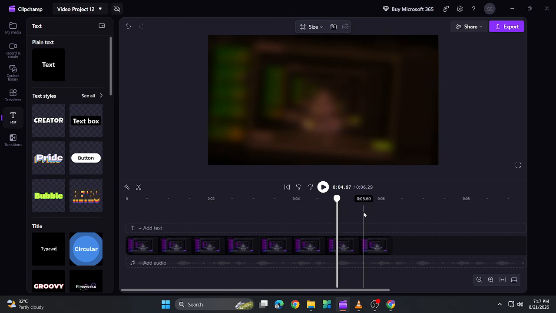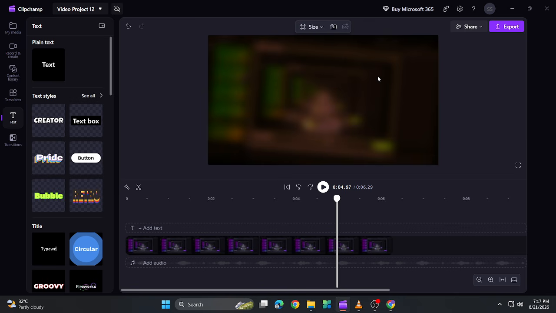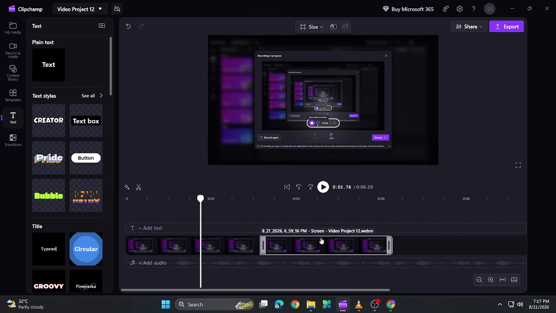When everything looks good, select Export, choose your preferred video quality, and let Clipchamp create the finished video with your effects. And that's how to add effects in Clipchamp in 2026. Select your clip, browse the effects, apply and adjust the effect, preview your project, and